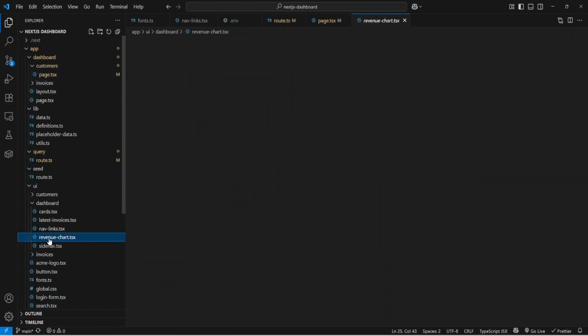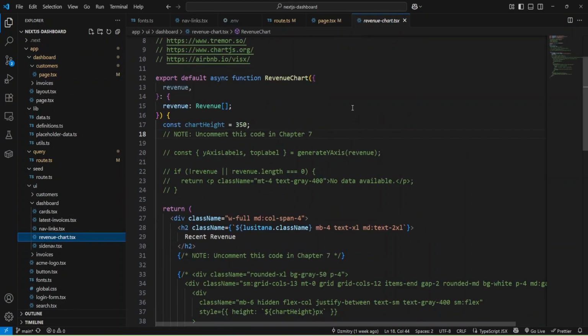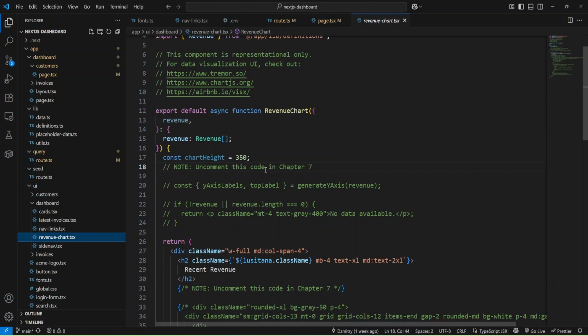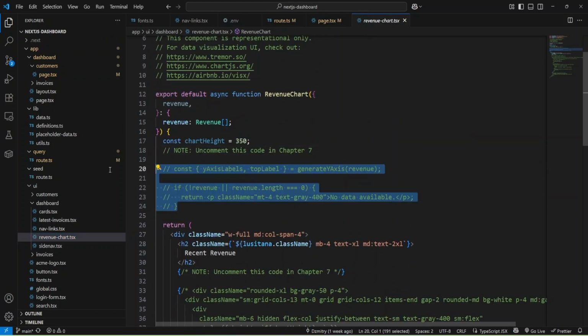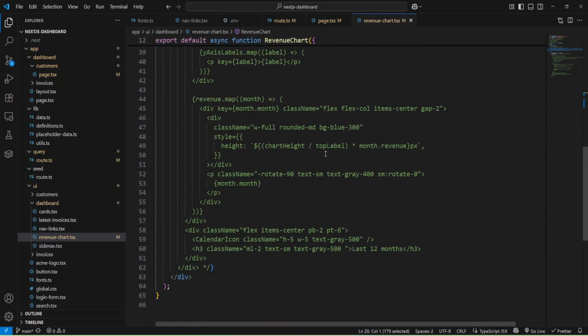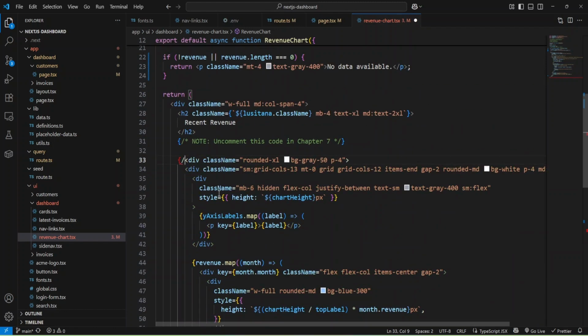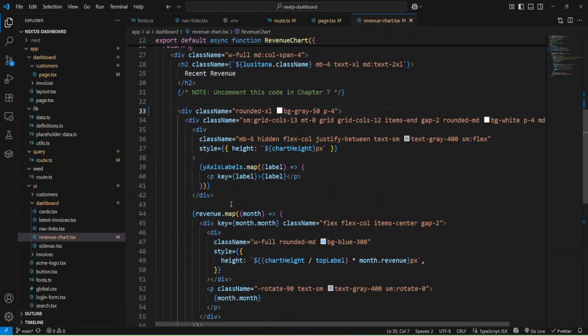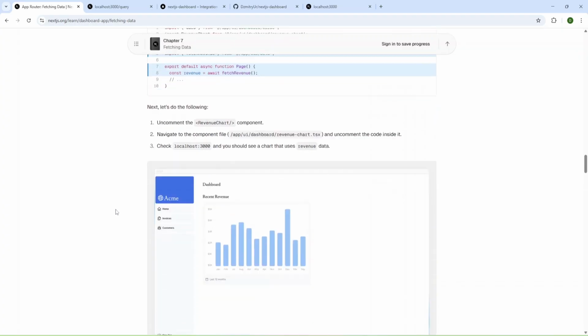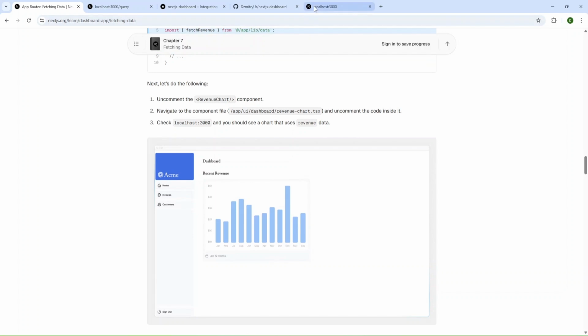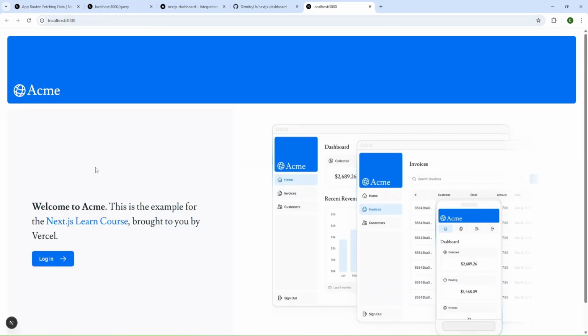Okay, I opened it, and we need to uncomment the code. Here probably, and also here. I'll remove these comments, and let's check. Now we can go to localhost and probably dashboard.